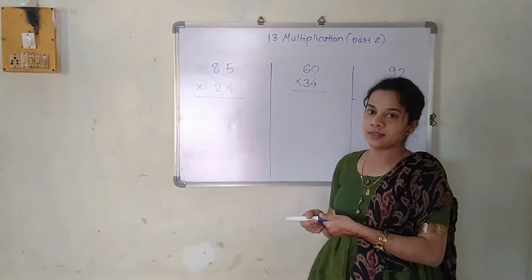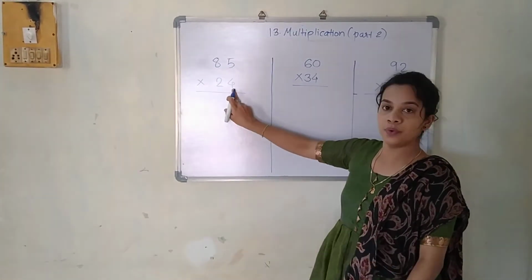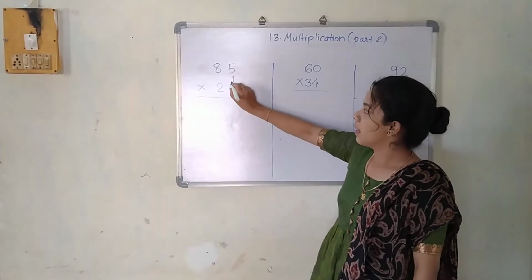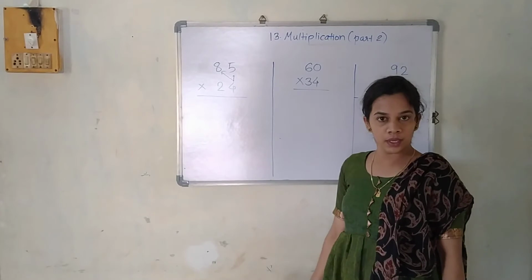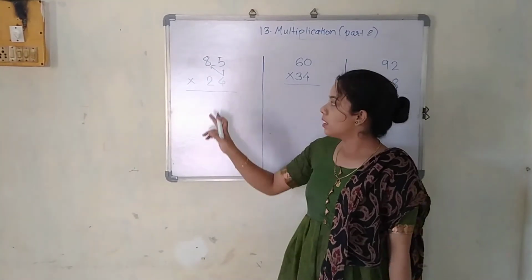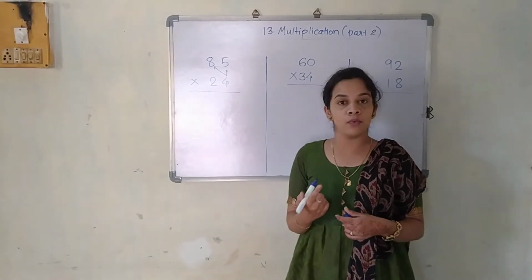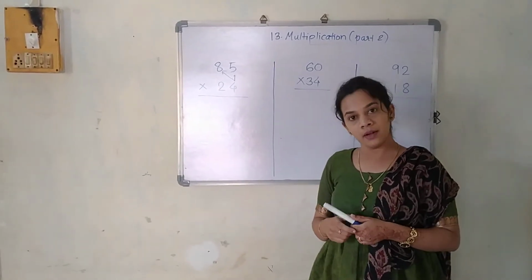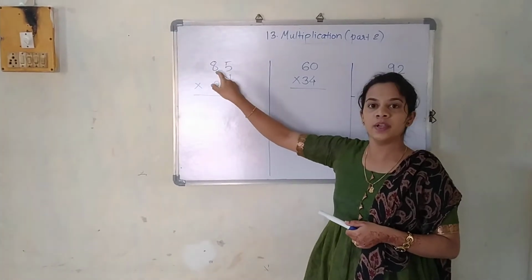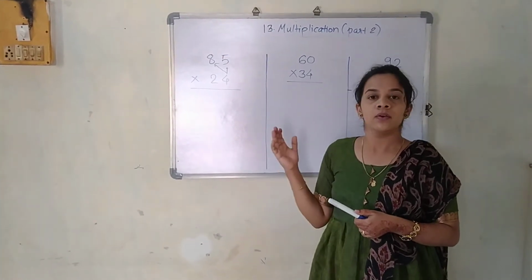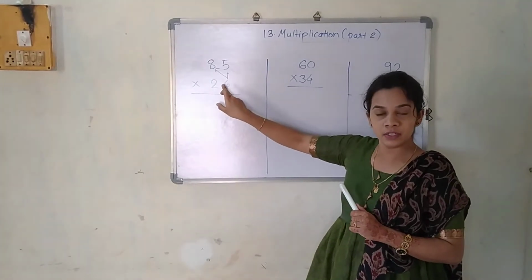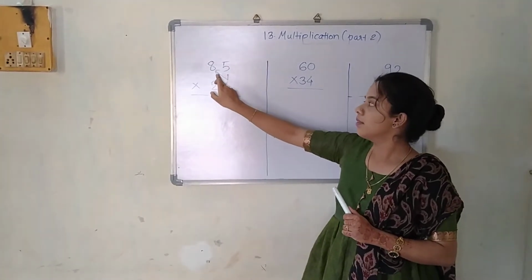First you are going to consider this 4. Why 4? Because 4 is at the unit place. So by this 4 you are going to multiply this 5 and this 8. Okay. Is this much enough for us? No. What about this 2? 2 also must be multiplied. So again we will multiply this 2 with 5 and 2 with 8, but in the next step. First we will see our basic step, that is we are going to multiply with this 4, that is 5 and 8.